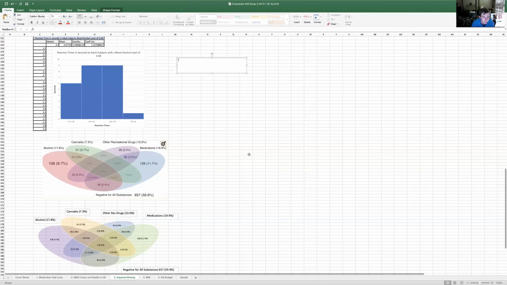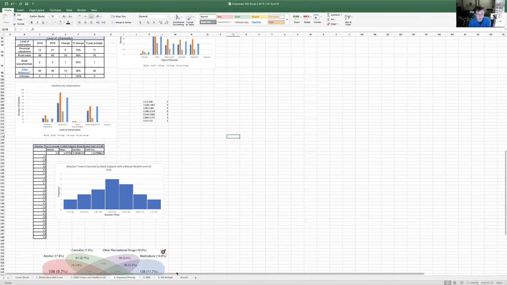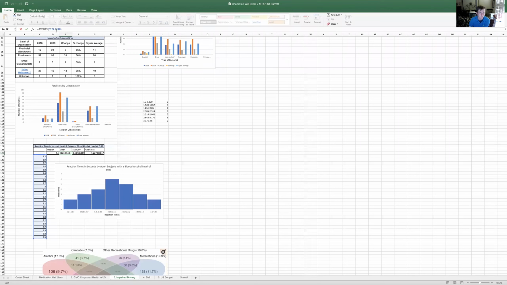You see the reaction time, and in fact, all right, yeah, I had to fix my histogram real quick. So we see the histogram reaction times really slow. The highest group being 2.1 seconds to 2.5. When you're making split-second decisions on the road, that's way too slow. And you see the median of 2.4, standard deviation of 0.5. Mean is not quite right. That's not okay. It's the average,